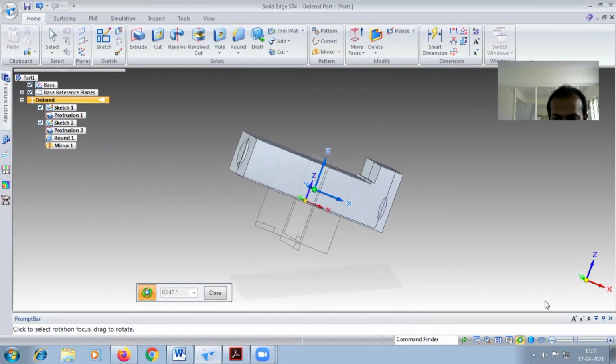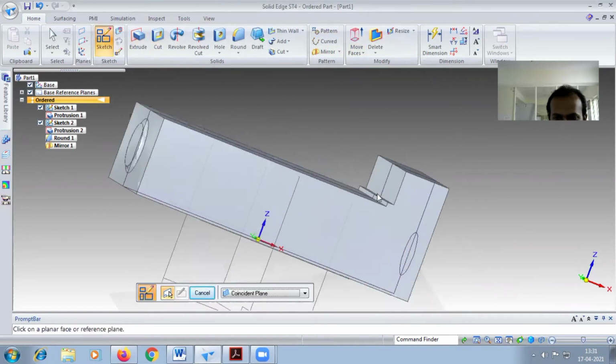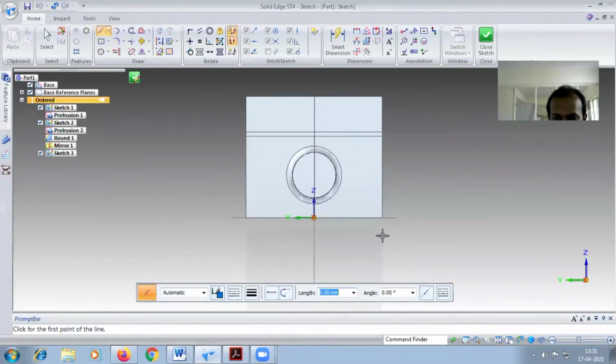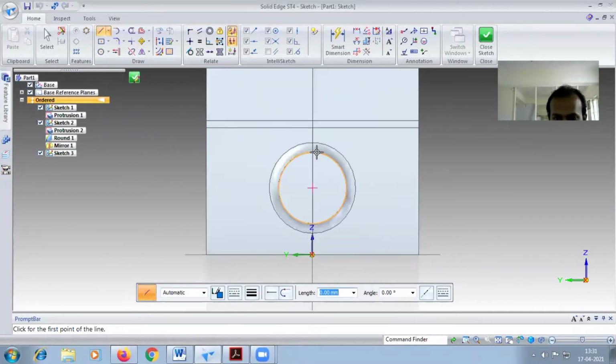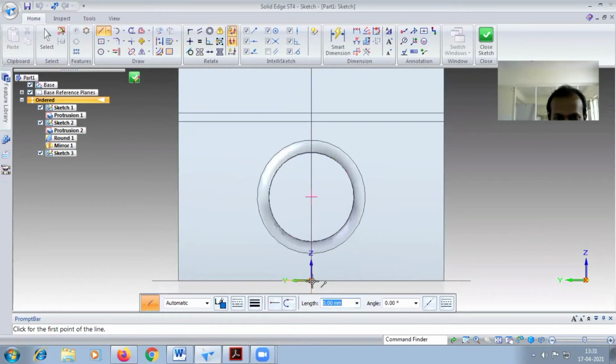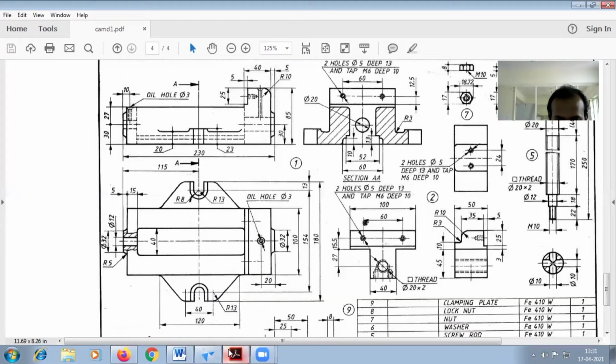Okay, so don't use the top view, go for sketch first and zoom it here. You have to select that face. Carefully you have to select that face. So now it is tilted, rotate like this. Don't get confused. Directly you can draw the diagram. From the midpoint it is 30. So total is 60. From the midpoint it is 30, and upwards it is given 10.